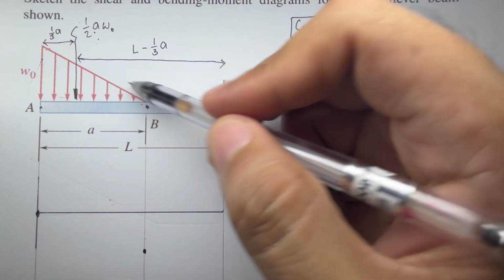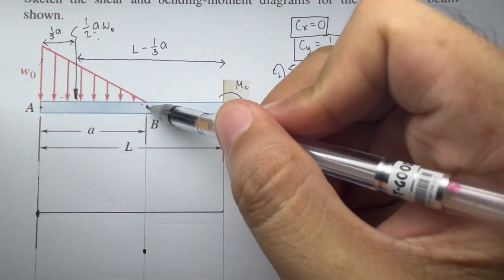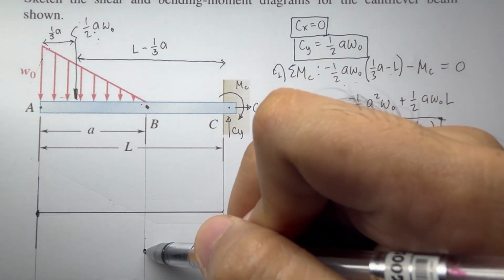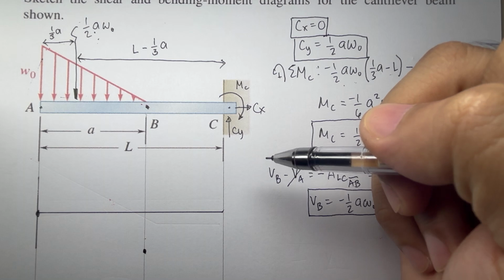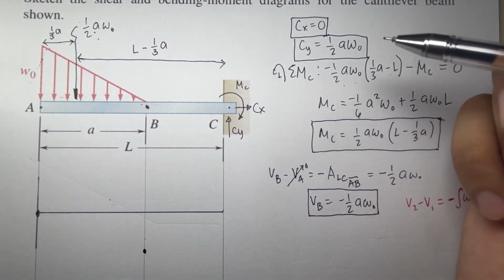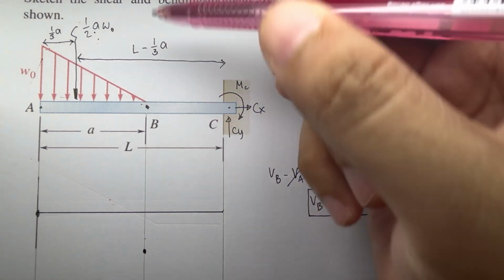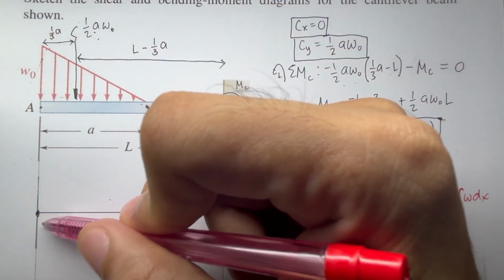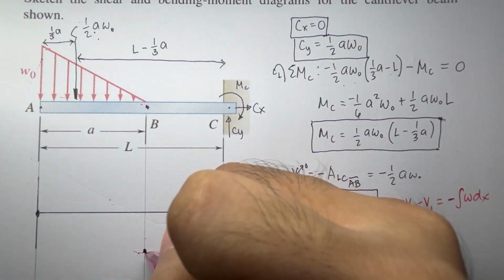Since at point B our load becomes 0, at point B in our shear diagram, this point here is the maximum magnitude of our shear curve. So knowing that this is concave upward, and at this point here, the slope is 0, right?